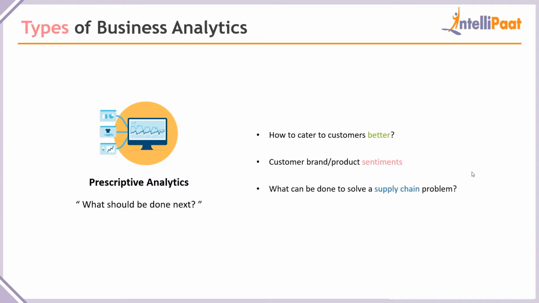So again, you might have a supply and a demand problem. There's probably 100 people asking for your product, and you've stocked up 1,000 or 10,000 of it, and you wonder why, what went wrong, why do we have so much in stock, and how do we clear the stock. Or let's say 100 people wanted it, you have 10 in stock, and you're wondering what to do about the remaining 90 as well, right? So all of these problems, and how you can use analytics to provide a solution to this, business analytics is definitely key here.